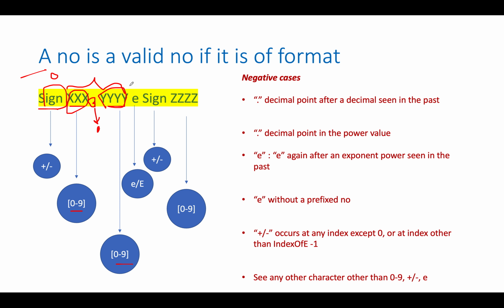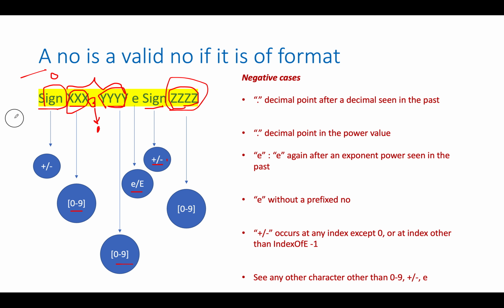After that we may have e, which identifies that we need to raise this number to some power of 10, and it can be represented in two formats, capital E and small e, followed by a sign. We may have a sign here, we may not have a sign here. So there are two possibilities, plus, minus or nothing, followed by the number itself. Remember, this time we cannot afford to have a decimal separation in between. So this will be a numeric number itself without any decimal separation.